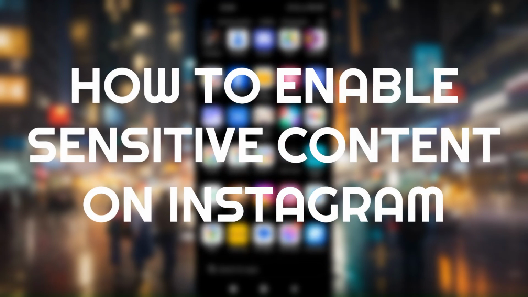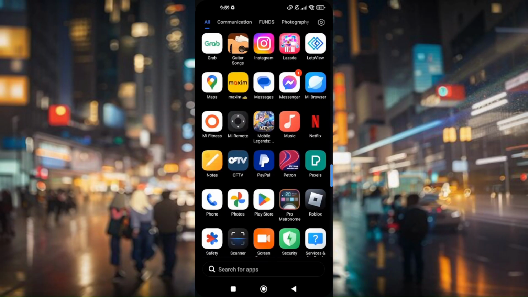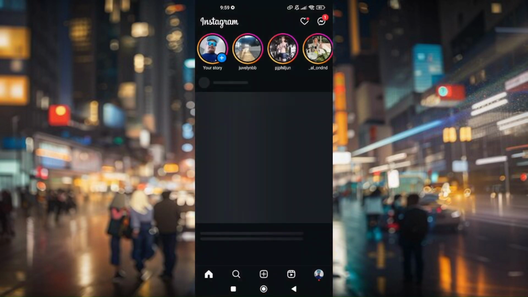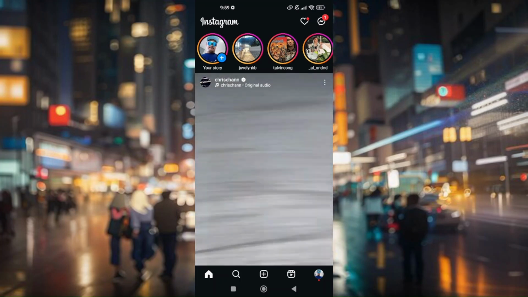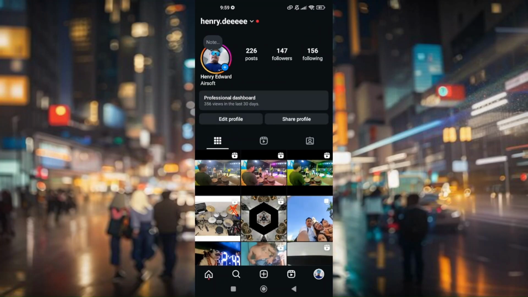How to enable sensitive content on Instagram. The first things first is access your Instagram. Make sure that you're logged into your account. And once you're logged in, go to your profile and then just simply go to the three lines right here